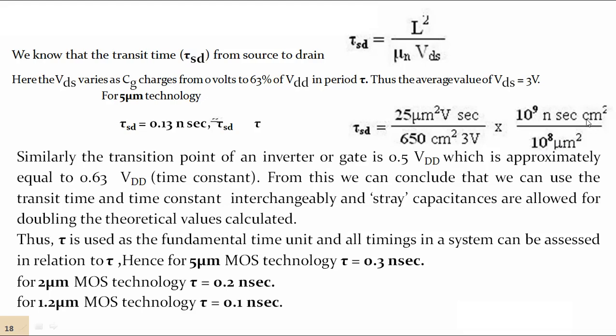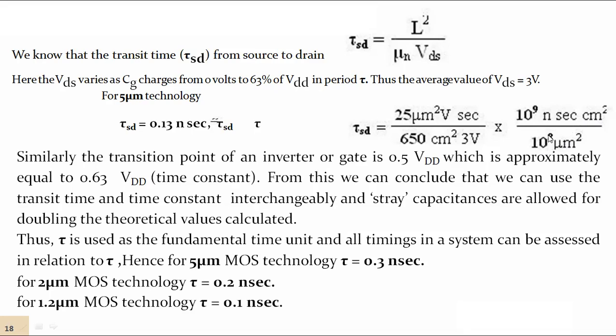This is to convert into meters: 1 meter equals 100 centimeters, which is 10 to the power of 2. If you move this to the denominator, it is 10 to the power of minus 2. Micro is 10 to the power of minus 6, plus minus 2, it is minus 8. This is the multiplication factor. Simply here, 10 to the power of minus 9 is for the nano.